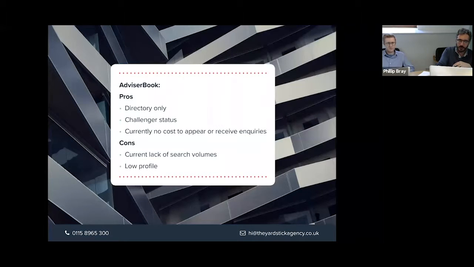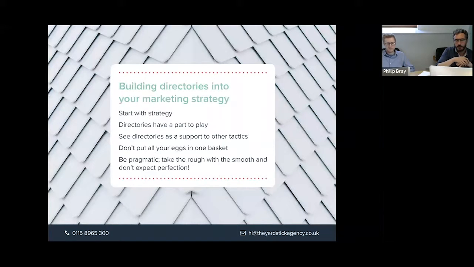So if we don't have any more questions there, we'll go on to how directories embed in your marketing strategy. So our view, as we have made clear through all these conversations, all these meetings, and we started off talking about strategy, is that you have to take a strategic approach towards your marketing. Too often people come to us and say, I want to do this, I should be on that. And it's not particularly joined up, which means that they'll try a lot of different things. Some will work, some won't. They'll get impatient and want to try more stuff. Shiny new syndrome kicks in, etc., etc.